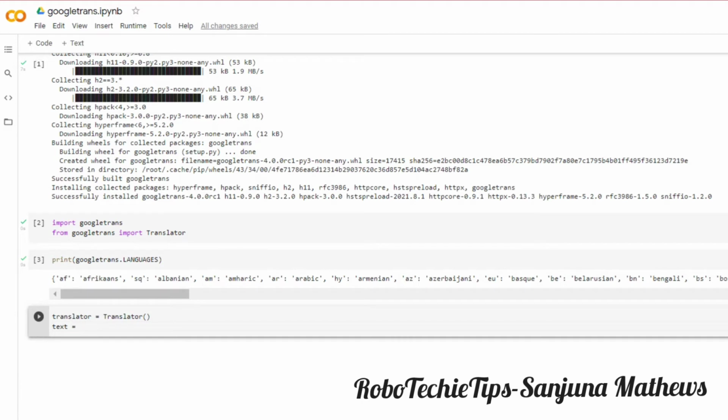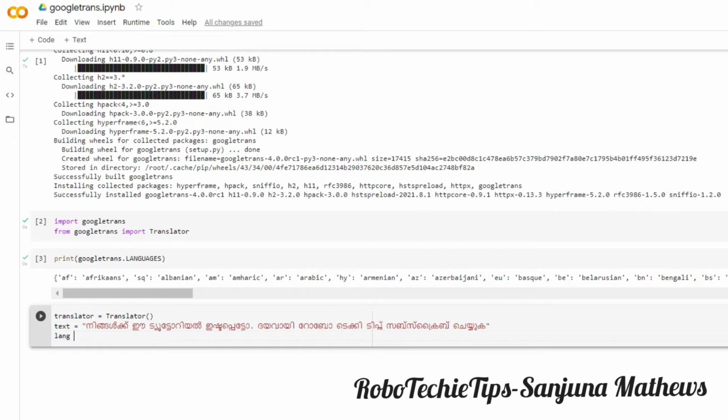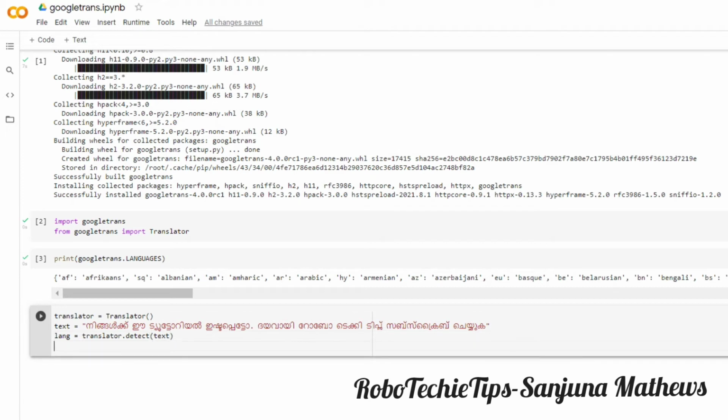Next thing is we are giving a text input and we are going to detect the language of the text input. For that, give Malayalam text as a string and then we are going to detect the language of that text. For that, create a variable called lang equal to translator.detect of the text.